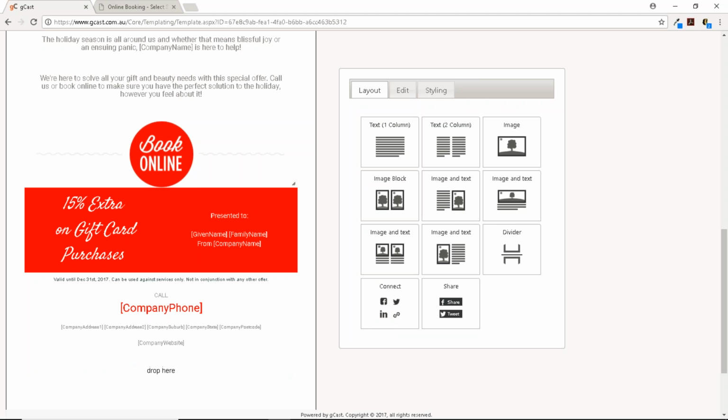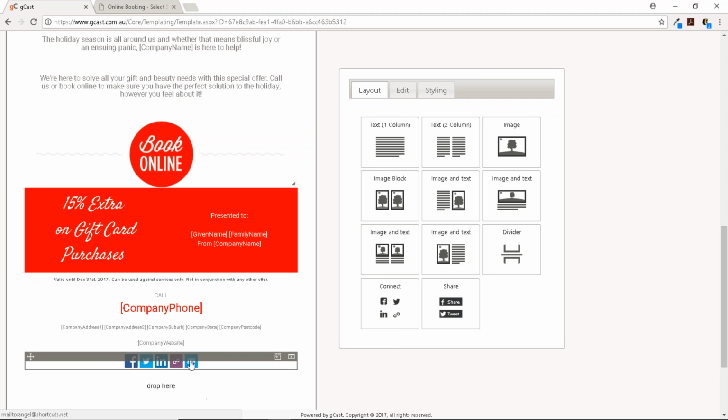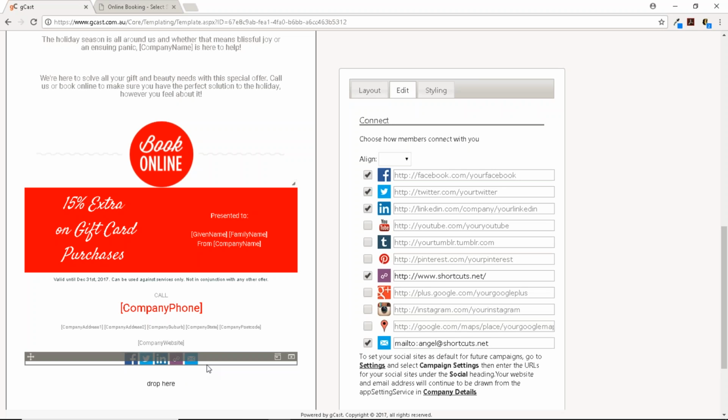And in the layout section, I'm just going to click on the connect area, click on the connect layout tab, and I'm going to drag that back over. Okay, and then here, if I had any of these links filled in, it'll allow me to then fill in, add or take away the different links that I want to be in there.